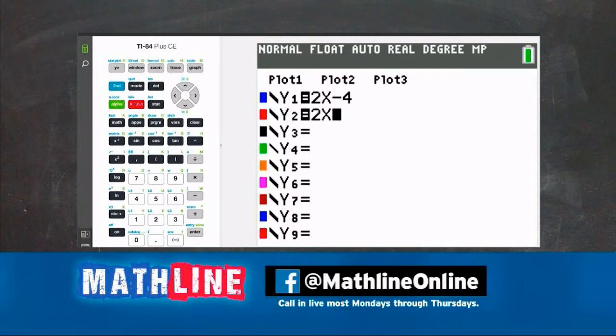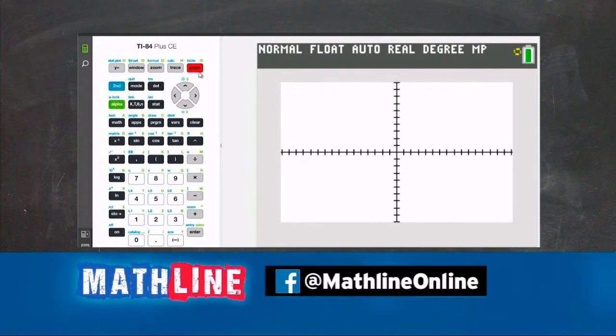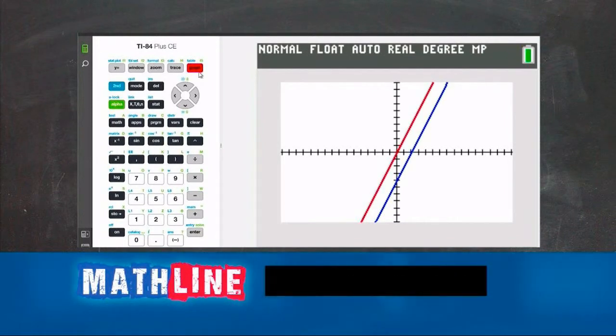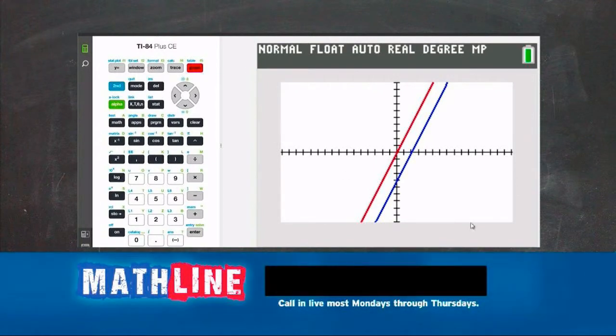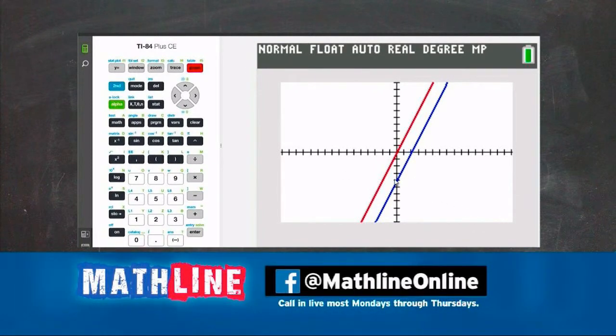And here we have it. Let's see what those two lines look like together. We enter and we graph. And there goes a blue line, and here comes a red line. Looks like they're parallel. They are. They never intersect. They have the same slope. That's going to be a key to one of our problems later today: what happens if the lines are parallel? Well, they're going to have the same slope. Just a few things to remember. By the way, the intercept on that second one, the red one, is -4.